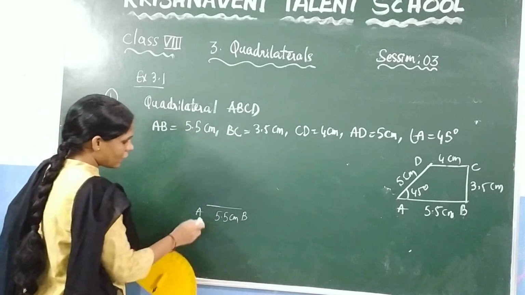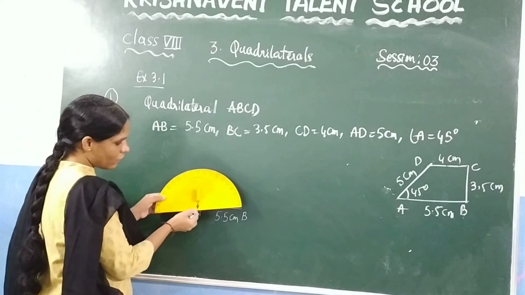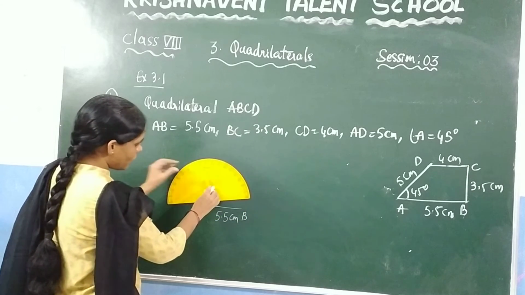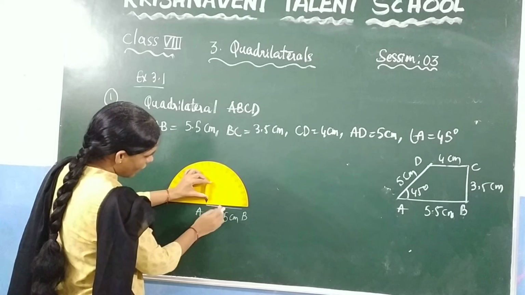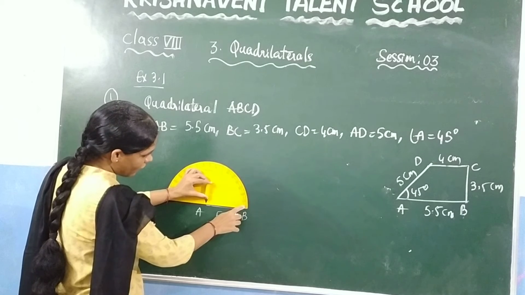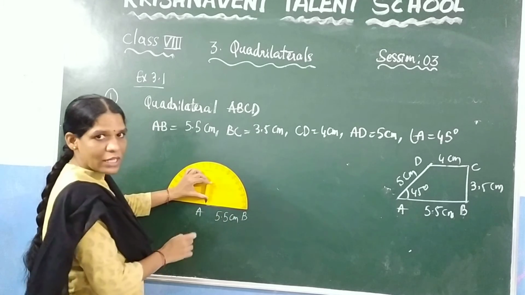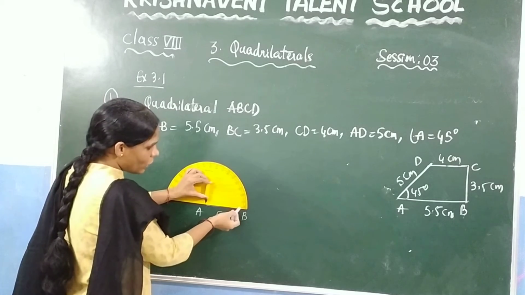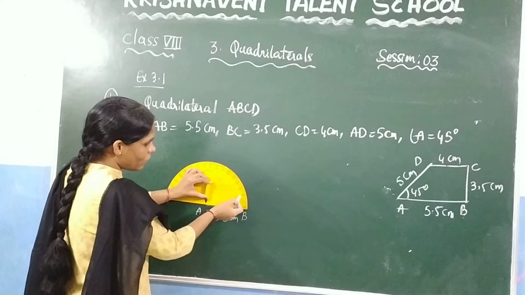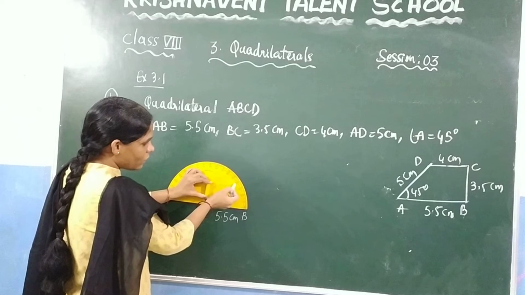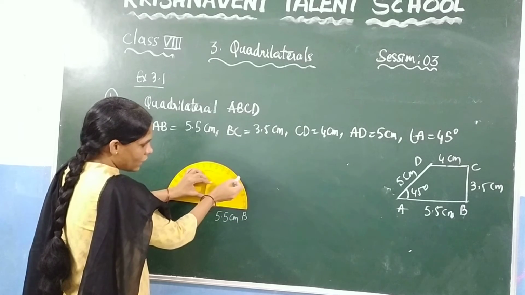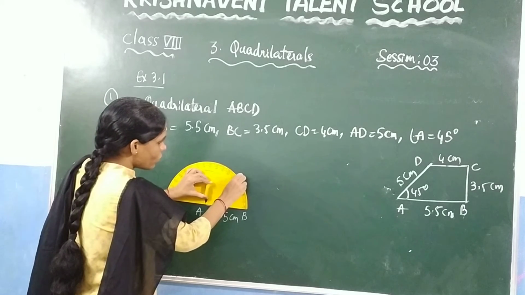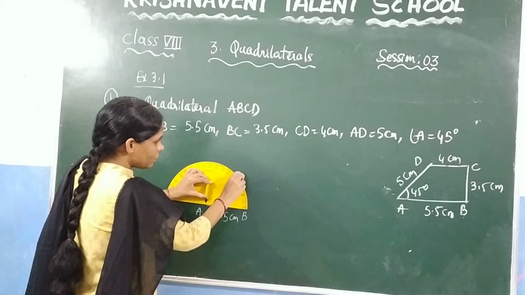So take the protractor and keep it at the vertex A. At which point you need to keep it at this point below. This line is there, you need to keep it there, and here one line should be there. That line and the given line should be attached. Like that you need to keep it, and you need to check the angle given which is 45. So below, check the numbers 0, 10, 20, 30, 40, and between 40 to 50 you can clearly observe that one line will be there, the middle line, that will be the 45. So mark it here as one point.